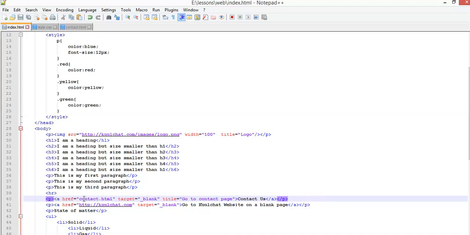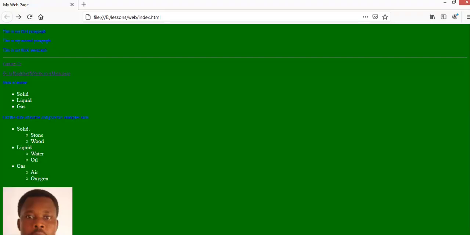So let's put it somewhere in the P that does not have a link. By default, links are given the blue color. So unless you style the link, the text you put between the link will still be blue. Okay, so now when we refresh,